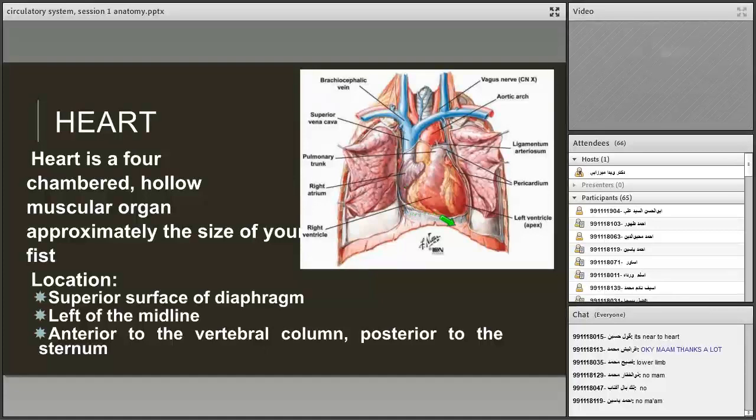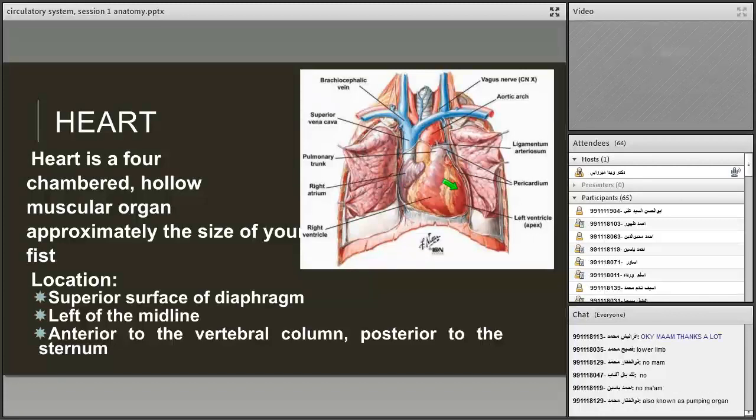The location of the heart is on the superior surface of the diaphragm. Look here, this is the diaphragm, and the heart is placed on its superior surface, left of the midline. If we draw a midline here,